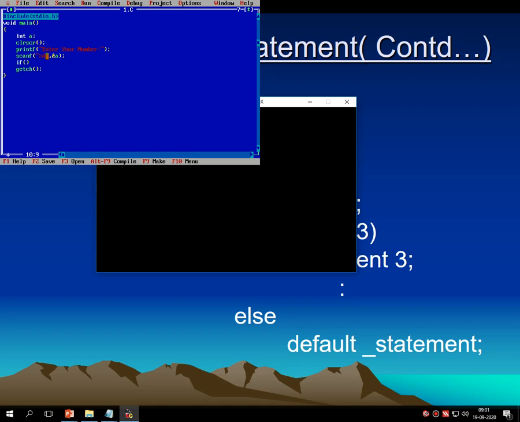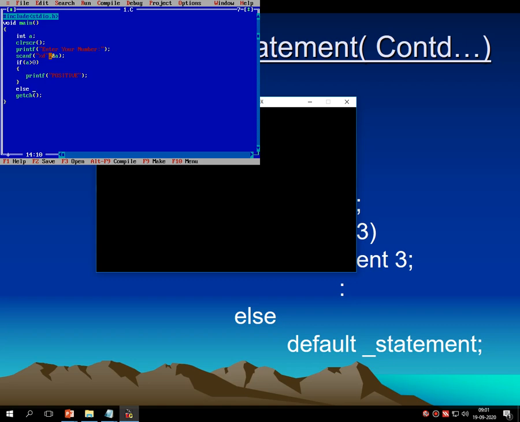Then here the first condition: if a is greater than 0. Whenever any value is greater than 0, it is always positive. So here I am giving the message positive. Spelling is correct, right? Positive. Then this is my first condition.